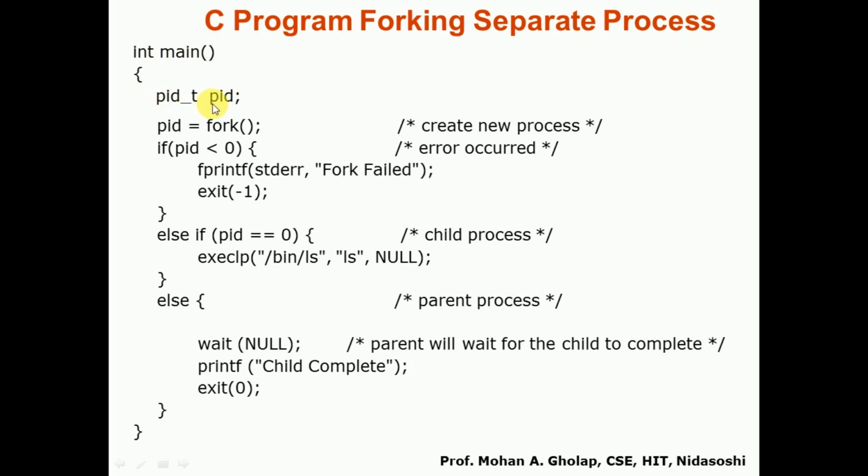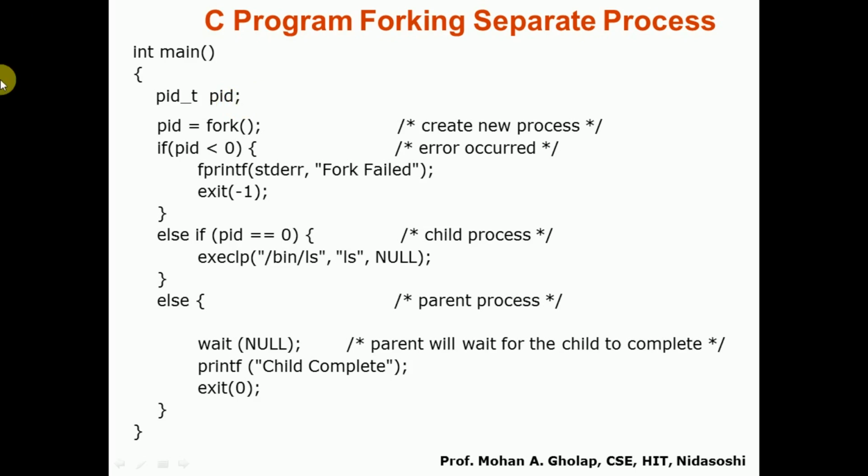So after that, here we declare one variable pid of type pid_t. So it's a process identifier. Once we have this pid, it is used to store the PID of a newly created process, because we know that whenever you start executing this program, a process is created and that process itself will become the parent process whenever you create a new child process. Whatever new child process you create, to store its PID we have this variable pid. After this, to create a child process, you have to call the system call fork.